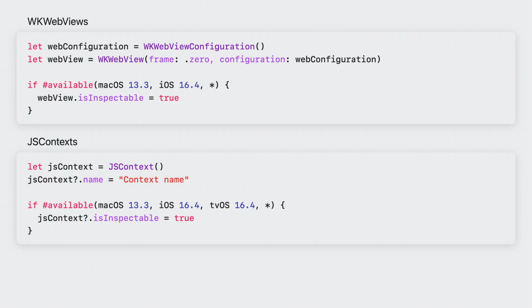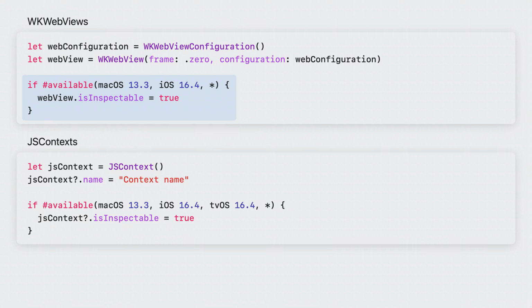Web pages in JavaScript are used by over 1 million apps across Apple's platforms. And new this year is the ability to make that content inspectable in release versions of your apps. Your app may use web content for part of its user interface, or you may use JavaScript to control parts of your app. In these cases, there is API available in macOS 13.3 and later, iOS and iPadOS 16.4 and later, and XROS to enable inspection of content in your apps.